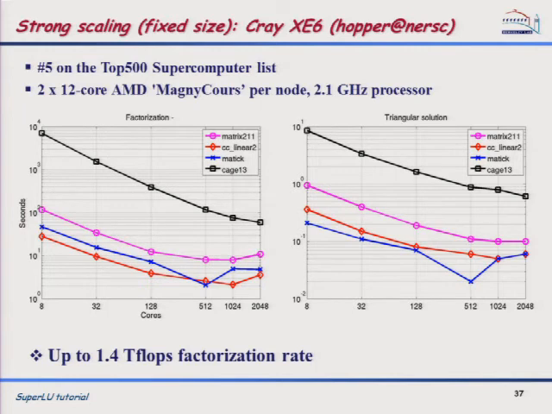So that's a machine with the AMD Magny-Cours processor chip, 24 cores per node. And here, for the matrices that we saw in the previous graph, you can see the time it takes for the factorization, increasing the number of cores going from 8 to 2048. This is a log scale here. And you can see that as you increase the number of cores,